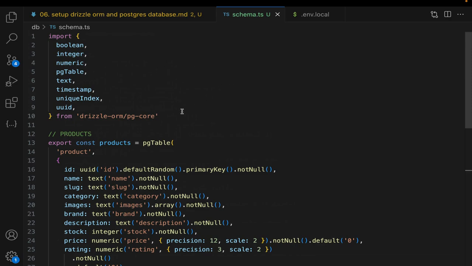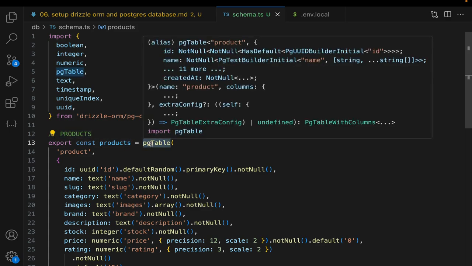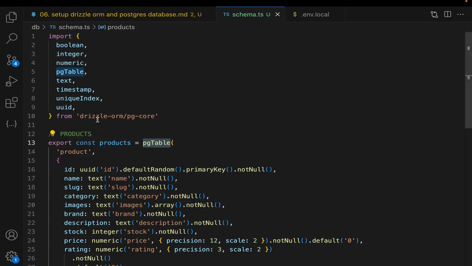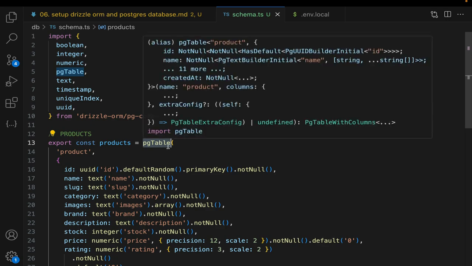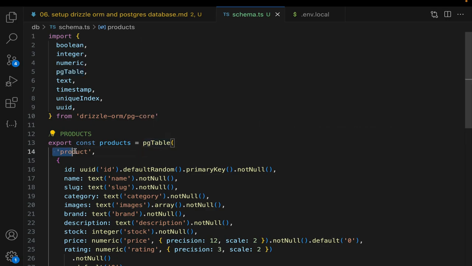Here is the code for schema.ts. Export const products. It's equal to pgTable. pgTable is a function from drizzle ORM/Postgres core. What we're going to do here is to define the structure of product in Postgres. pgTable accepts 2 parameters. The first one is the name of the table in the database, and the second one is the